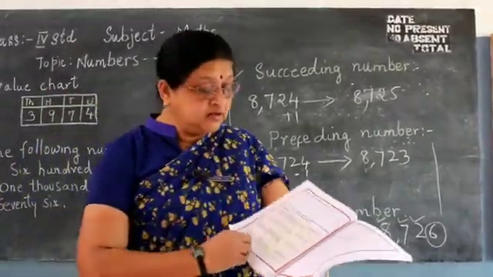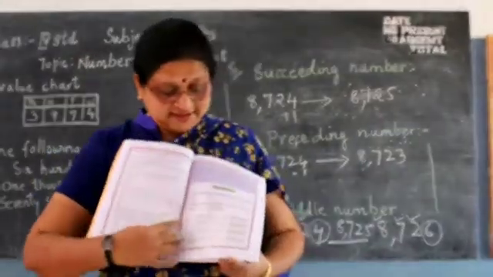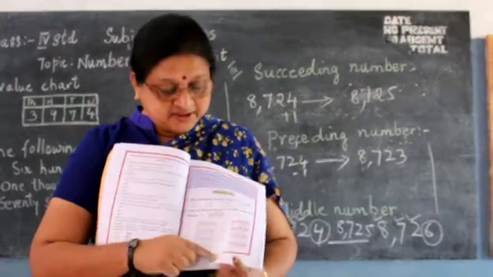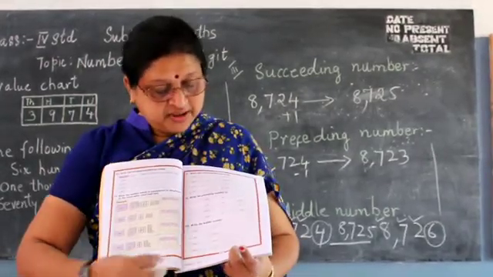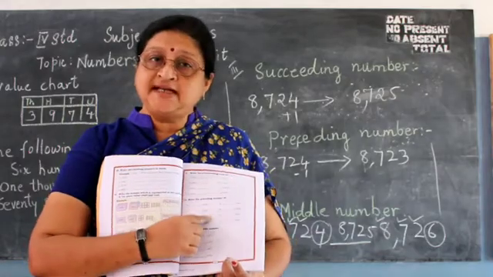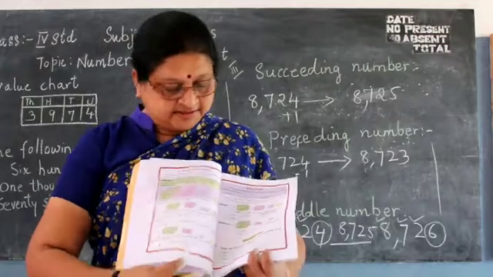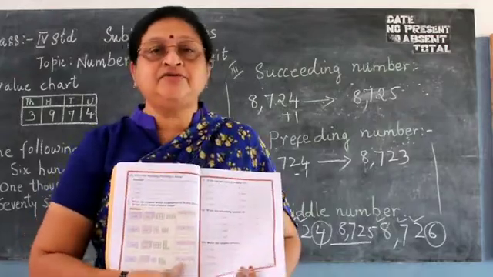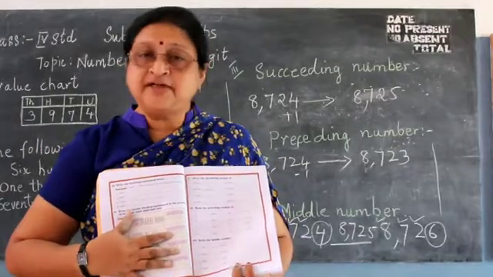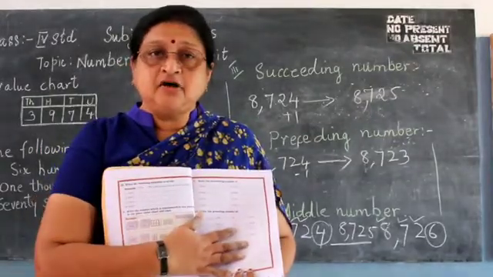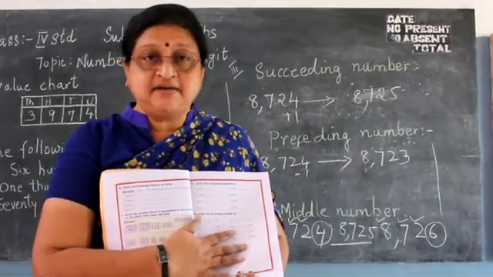Okay. So now your homework will be, you have to do all this in your classwork. Page number 21, 22, 23, both in the textbook and your classwork. Okay. Very simple. That's it. So these are the works you have to do in your textbook. This is all you have to do in textbook as well as your classwork note, because you will be submitting your classwork and I will be correcting.